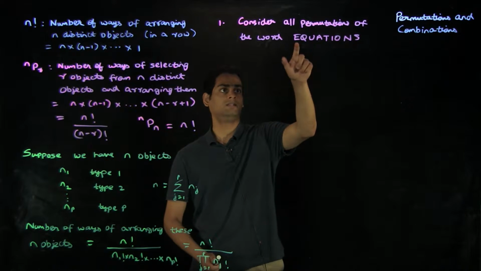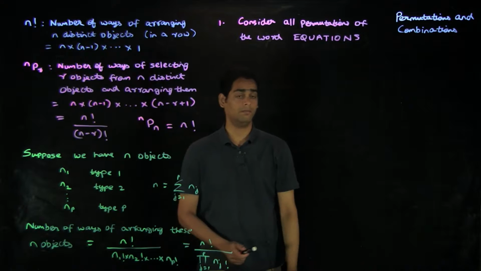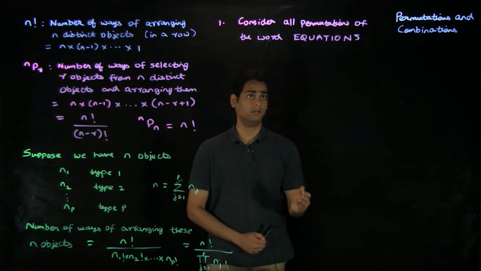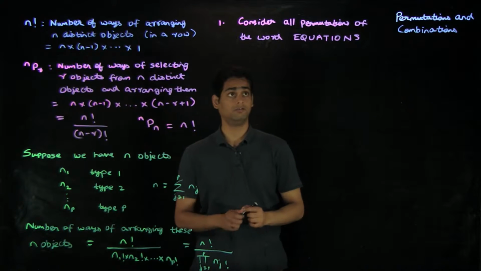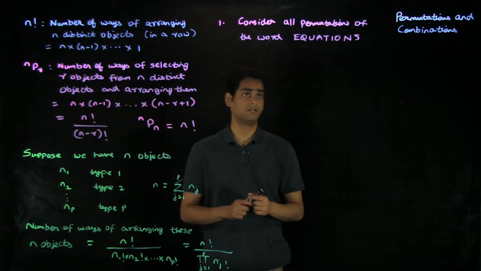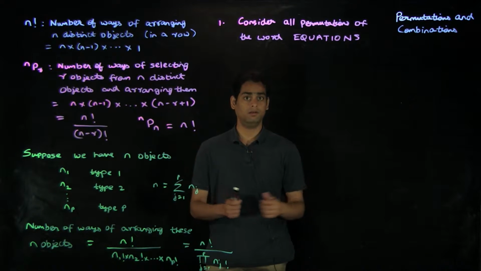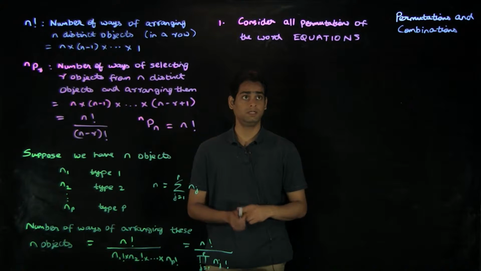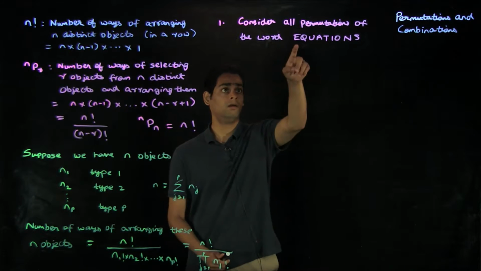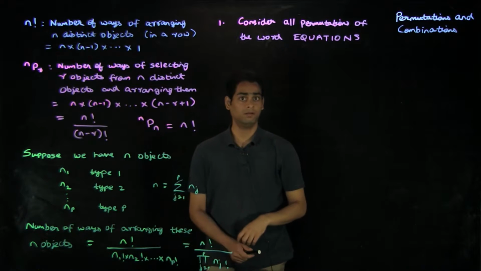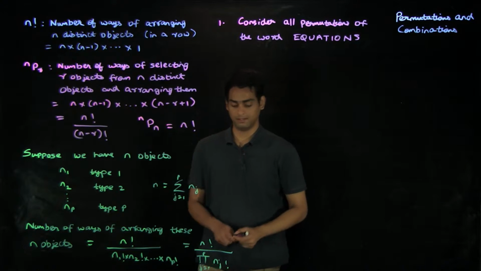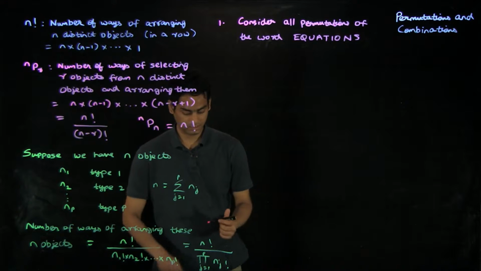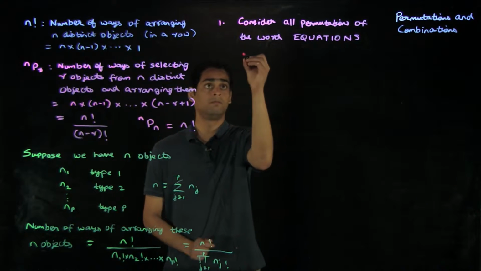So this word has 9 different letters, and notice that all of the letters are distinct. No letter appears twice in this word equations. And so suppose you were to construct all possible 9 letter words which can be obtained by permuting the letters in this word equations. So once you consider all of those words, the question is,